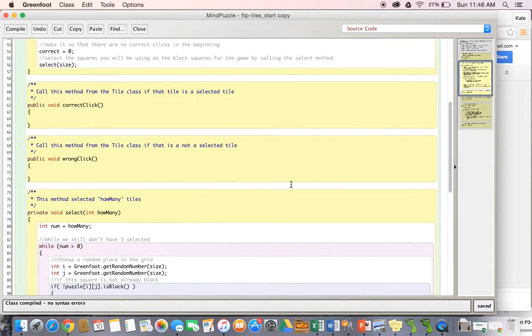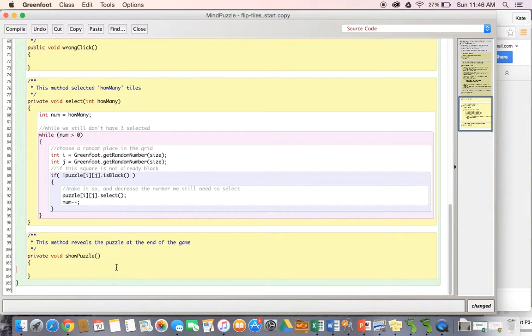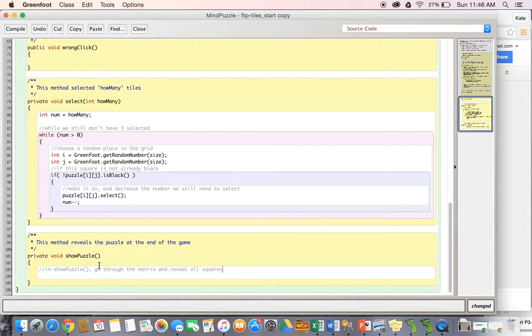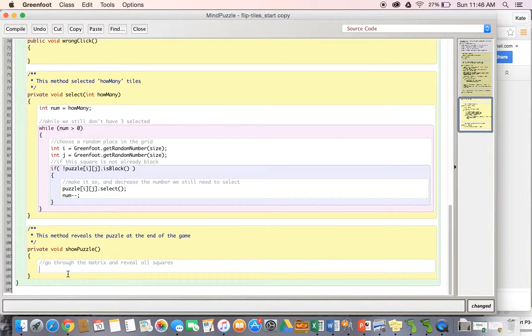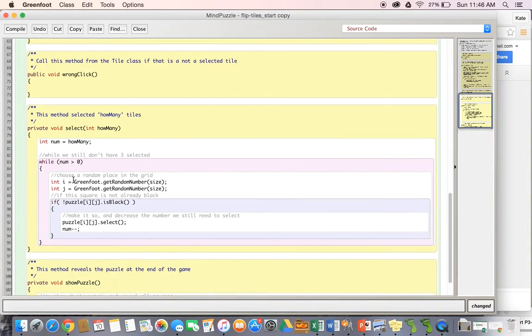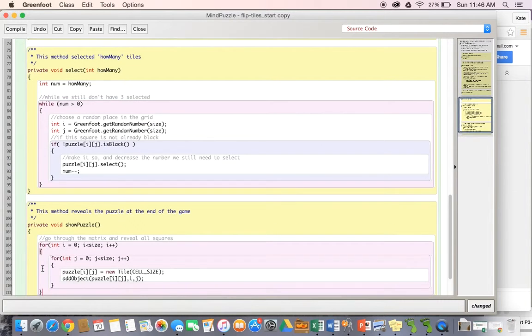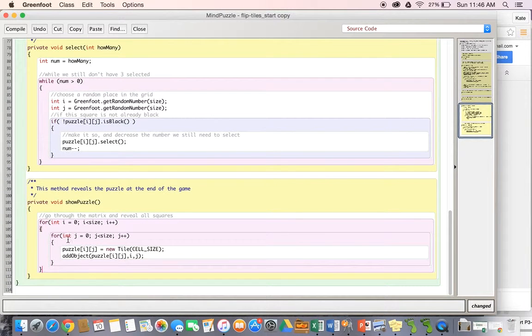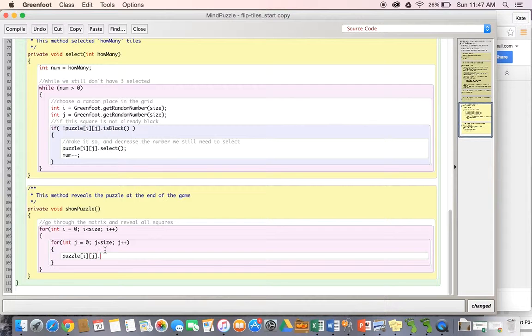So the first thing we're going to be doing is, I believe, the show puzzle method. In show puzzle, go through the matrix and reveal all the squares. That's what we're going to do. We are going to go through the matrix, and as we've done before, we've done that by creating for loops. So I'm going to actually just copy this right here, and this should end up working quite well for us, except I'm going to have to make some semi-small modifications. All we got to do here is we're not actually creating new tiles, we're not adding objects. All we're going to do is call dot